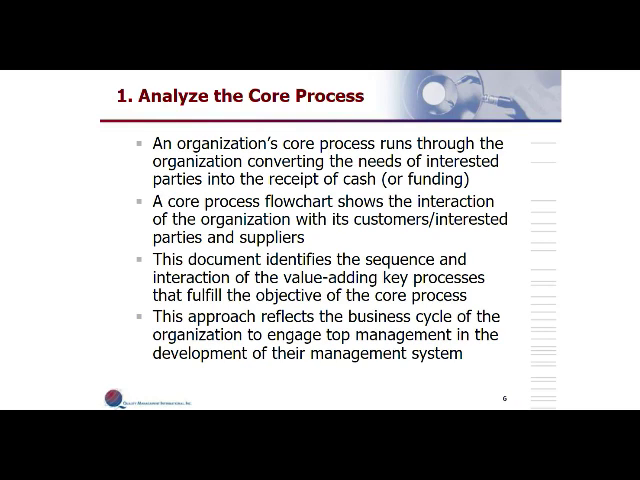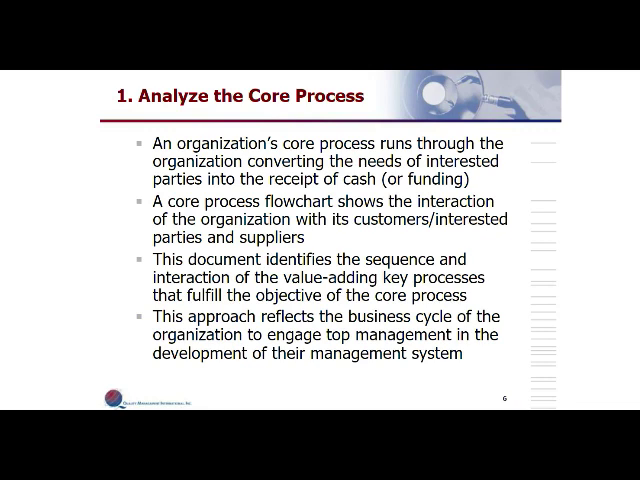Now, if you're a federal entity and you're not dealing with cash, this is the process which makes you achieve the designed objective. Whatever the executive lays down is achieved by this core process. This core process encompasses and puts together the key processes. This flow chart shows the interaction of the organization with its customers, interested parties, suppliers, etc. This document, the mapped core process, identifies the sequence and interaction as required by clause 4.4.1 b. This approach also reflects the business cycle of the organization